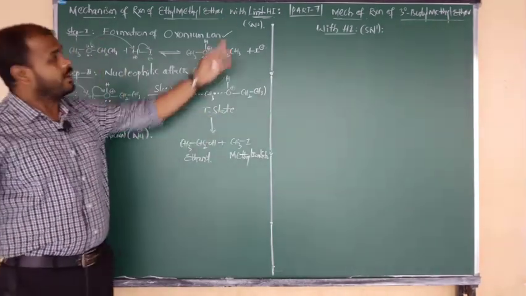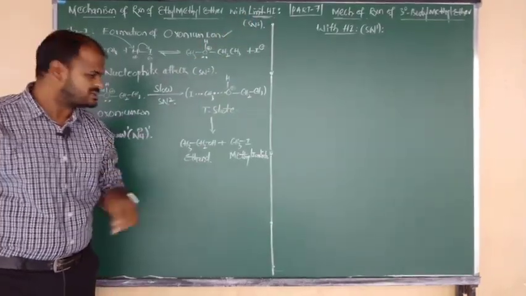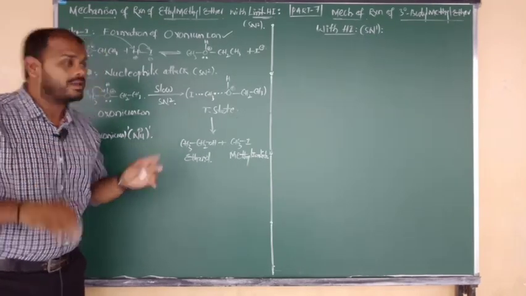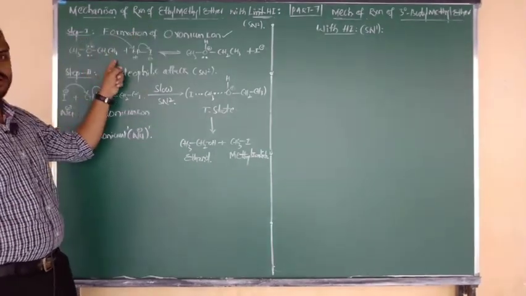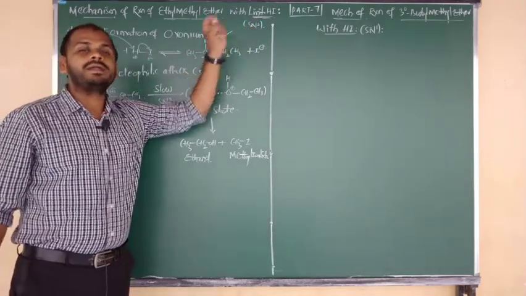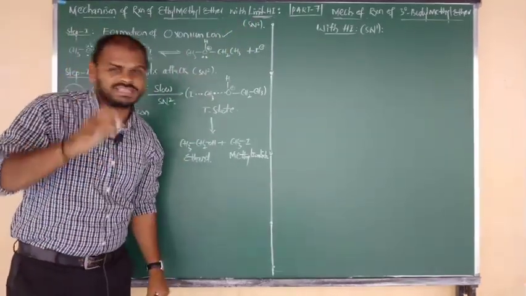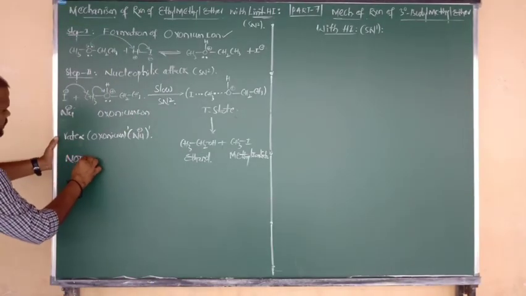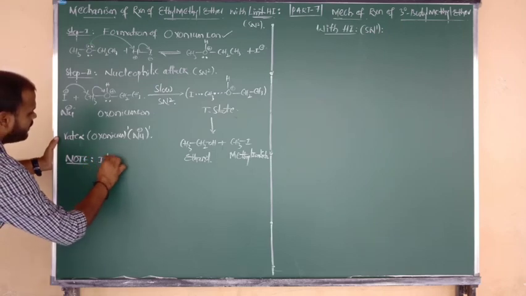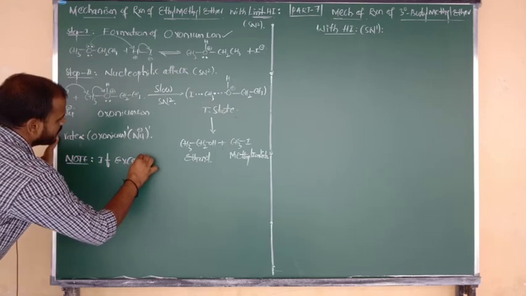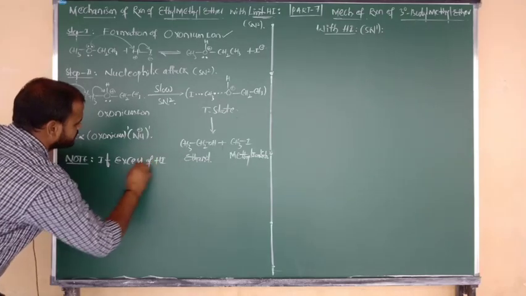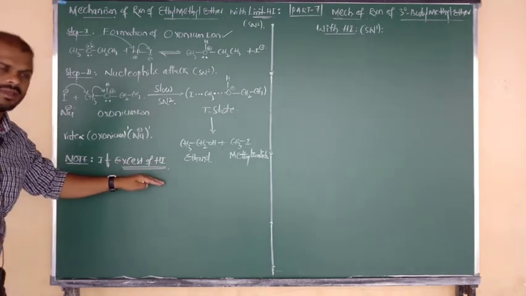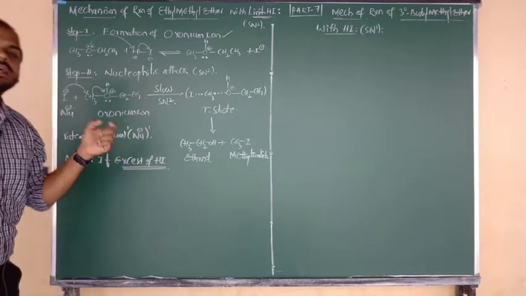So listen carefully. Ethyl methyl ether with a limited amount of HI gives one product methyl iodide, and one more, ethyl alcohol. Now I want to take the same reactant, ethyl methyl ether, but suppose now it undergoes reaction with an excess amount of HI. Then what will happen? Okay, I am going to give you a note point. First, if excess of HI is used, in the presence of excess HI, how does ethyl methyl ether change into the product?